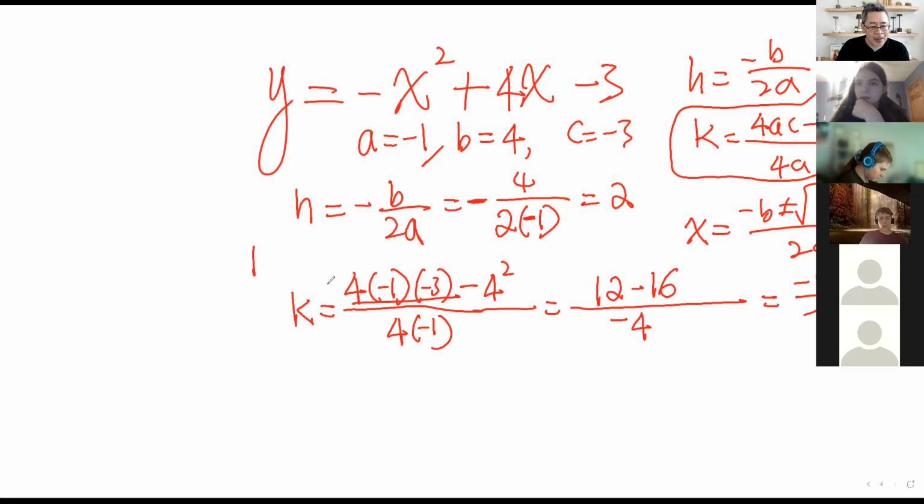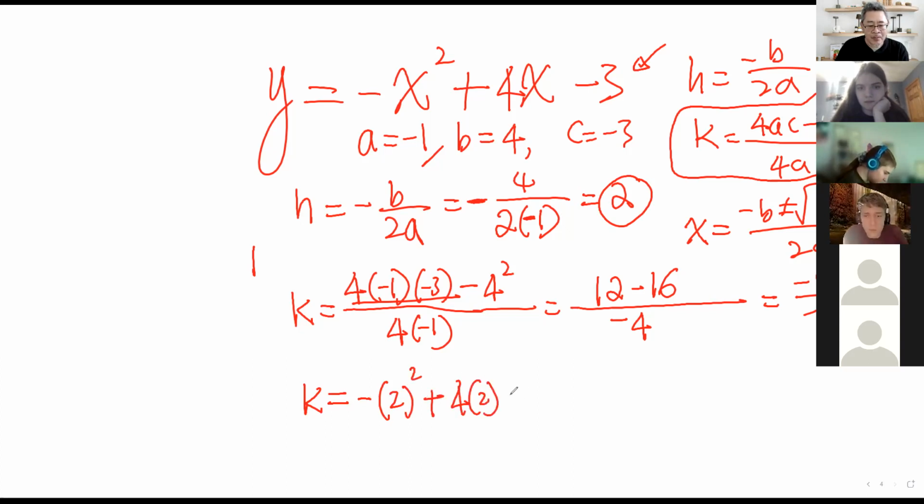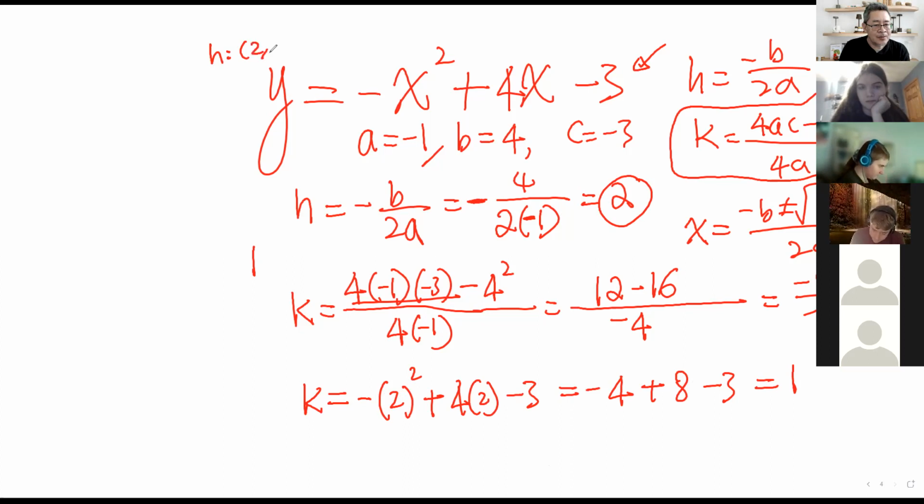Another way we can do it is to just plug 2 into the function. So our K will be equal to minus 2 squared plus 4 times 2 minus 3. So this will be minus 4 plus 8 minus 3. That also gives us 1. Very good, that makes sense. Okay, so we have H, K: it is 2 comma 1. Now we just need to figure out our